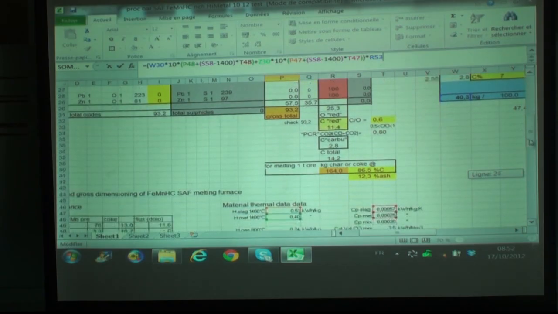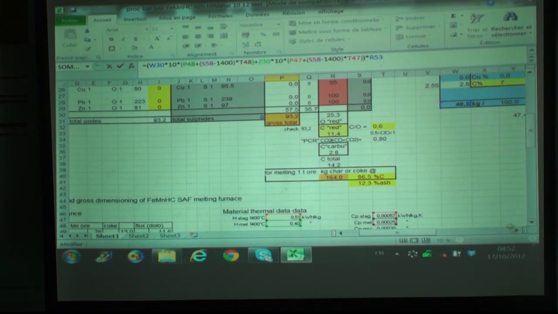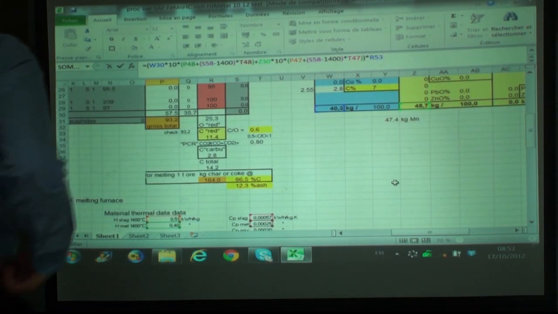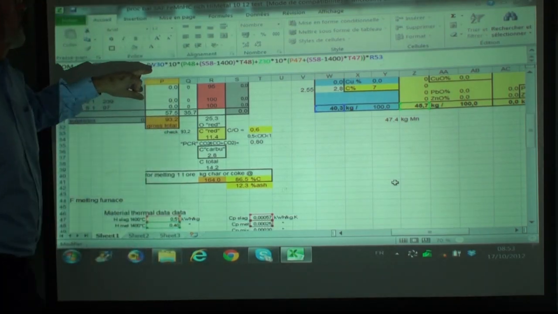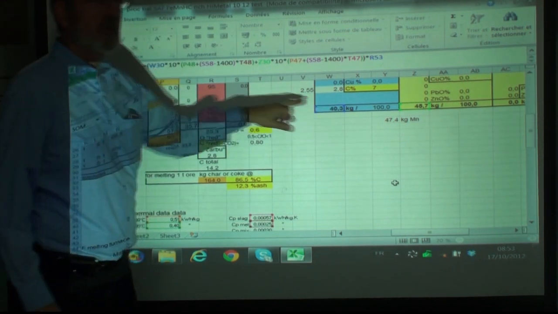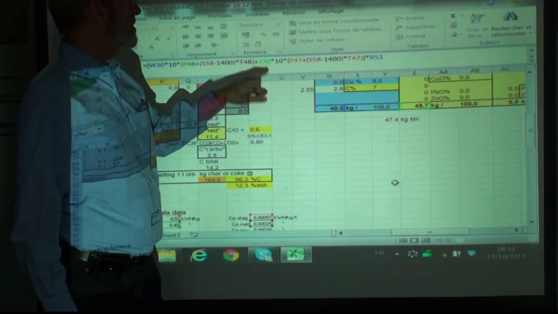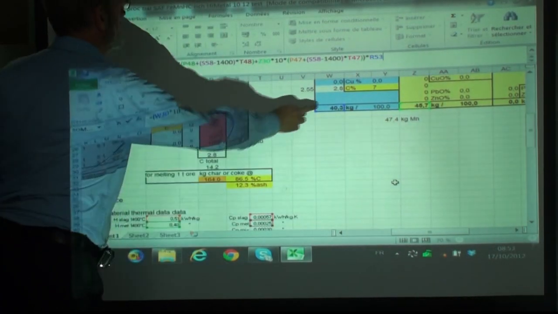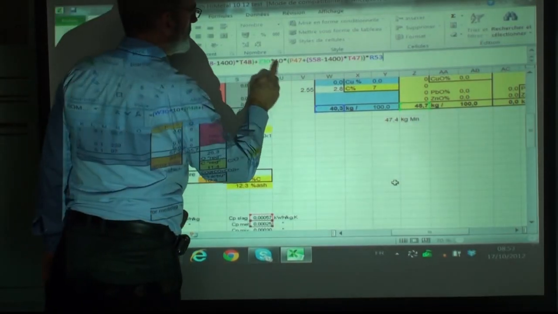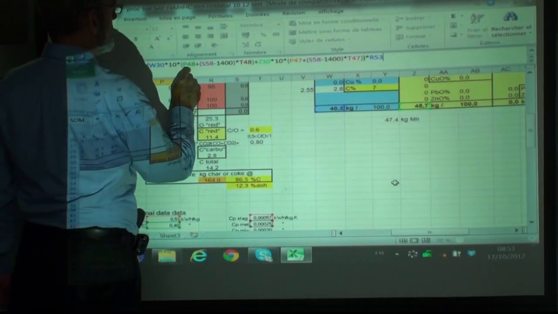Okay. This is, you see, this is the amount of slag per 100 kilo times 10. This is the amount. No, sorry. This is the amount of metal times 10. This is the amount of slag times 10. And this is